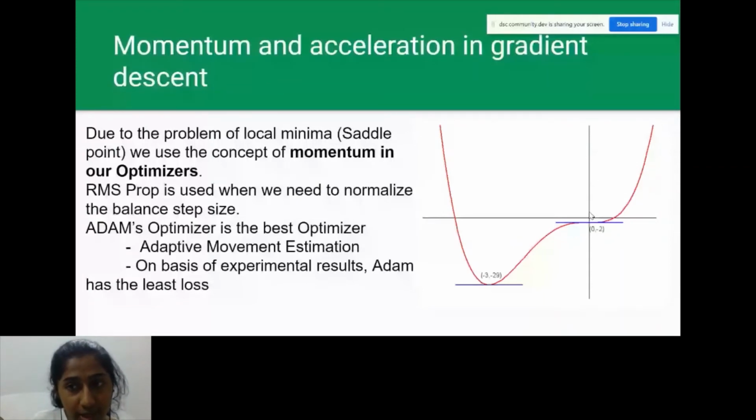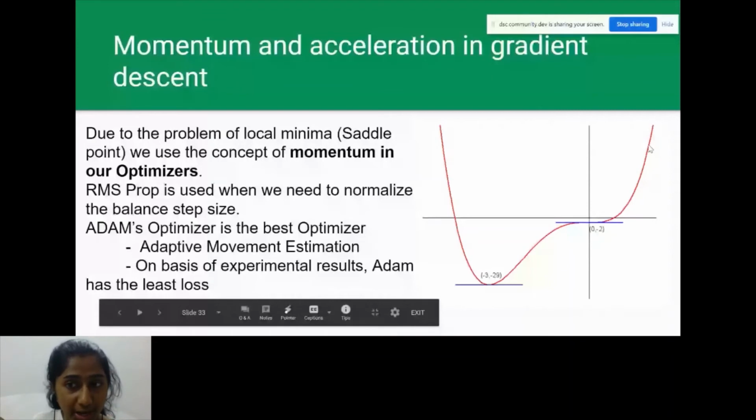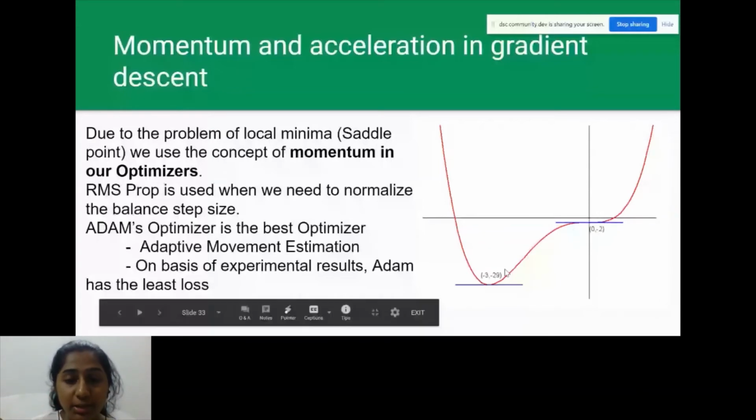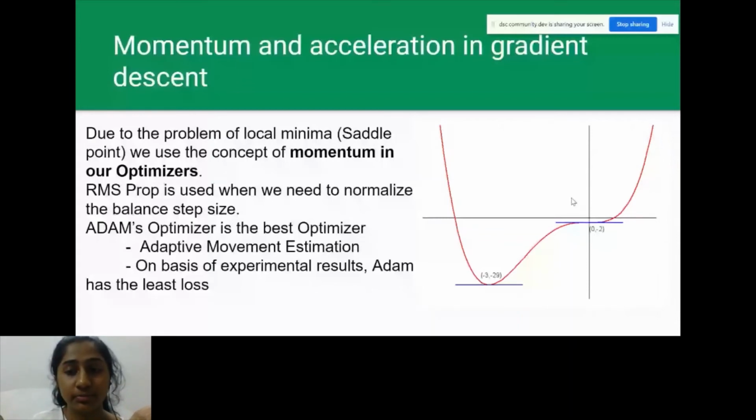Say we are starting our W from here, since we take the W at random at first, and we go down the slope, whichever method we use, like gradient descent or stochastic gradient descent. When we find that the slope is equal to 0, we stop here. We think that this is the least value, but actually this is supposed to be the one, because we need to find the global minima. So we stop here, and this is the saddle point problem. After a bit of experimentation, they realized that it's stopping here.